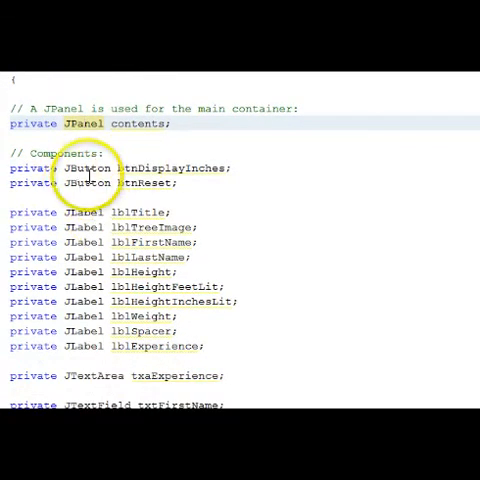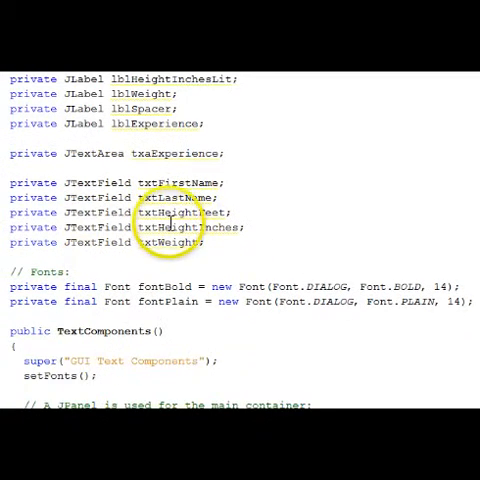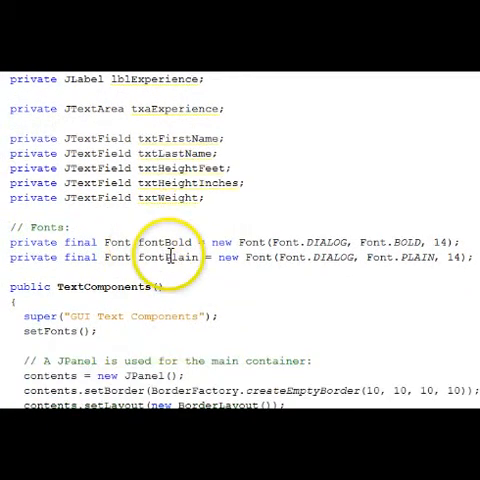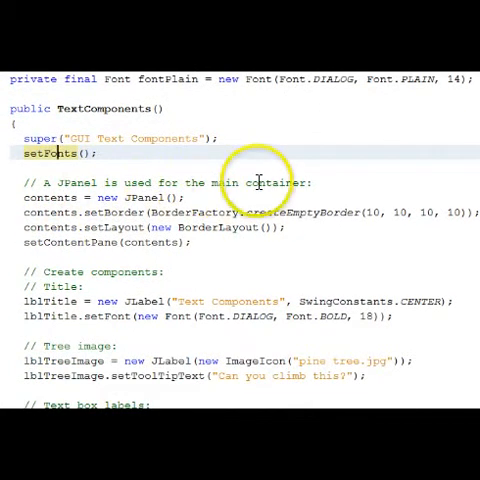We have some command buttons. Labels is a form of text component. Text area and J text fields for the single line entry. Some fonts that we'll be changing to 14-point font. We call the superclass, we call our set fonts function, and here's where we set up our J panel as